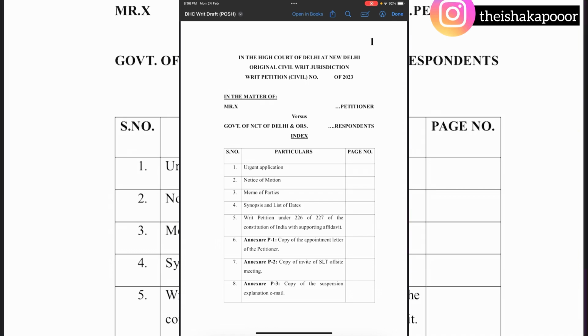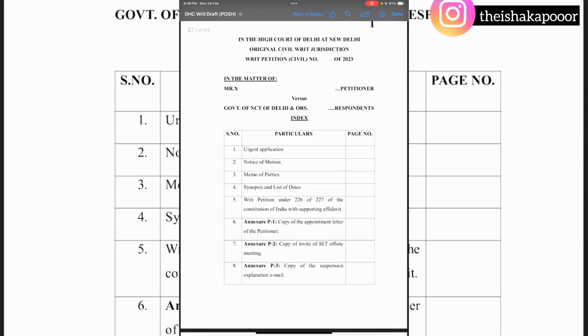Now, if you write this jurisdiction wrongly, do not worry. The High Court or the court will mark defects in this, and they will tell you what exact jurisdiction is to be written. So it's not a very big deal. Now, the writ petition number, you cannot fill this number when you are preparing the writ. The reason is when you file it, then you get a filing number, and only after that you can include it here. Now, in the matter of,